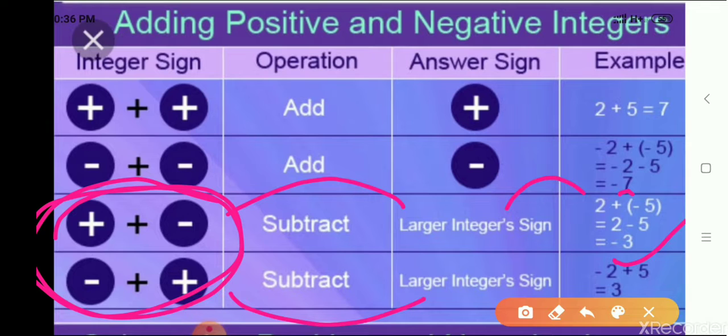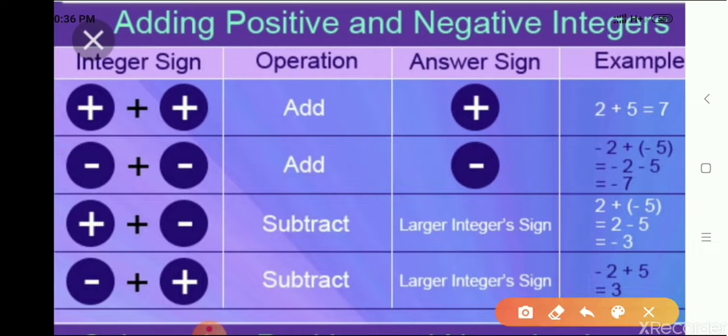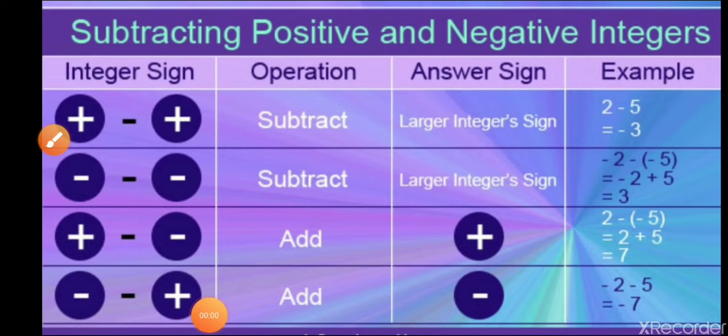Now in the fourth one we are having the first integer as negative and the second one as positive. So in this case also, when we have two integers with different sign, we will subtract both the integers and the resultant sign will be the sign of the larger integer. Okay, when we subtract 2 from 5, we have plus 3, because here the larger integer 5 is having the positive sign. Okay, now let us see the rules for the subtraction of integers.